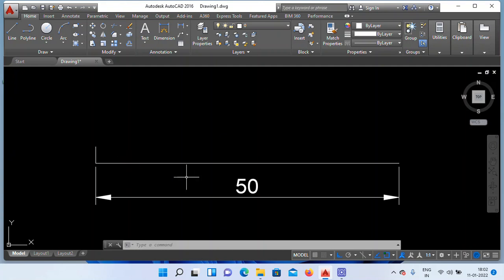Assume that it is just 50 meters. I need to copy this line by giving a 10 meters distance value. I need to make copies of these objects by giving a 10 meters distance value in between the objects.